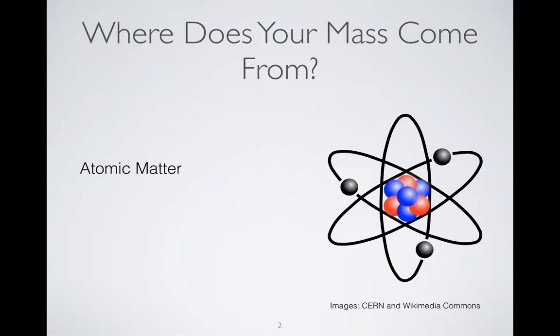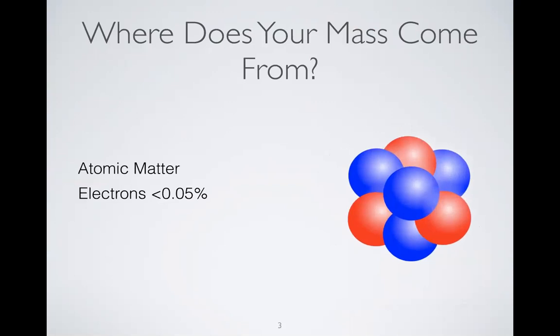Okay, so this is what we've talked about before, that we're mostly made of atomic matter. The electrons don't really matter for much, so we just ignore them whenever we're talking about nuclear physics or particle physics. I'll use the term QCD, quantum chromodynamics, to talk about the strong nuclear force. The electrons are so far away, they don't matter. The quark mass, as we learned from the video, is not where most of the mass of atomic matter comes from, the Higgs mechanism. We can remember the quark mass accounts for only about 1% of the mass of a proton, for example.